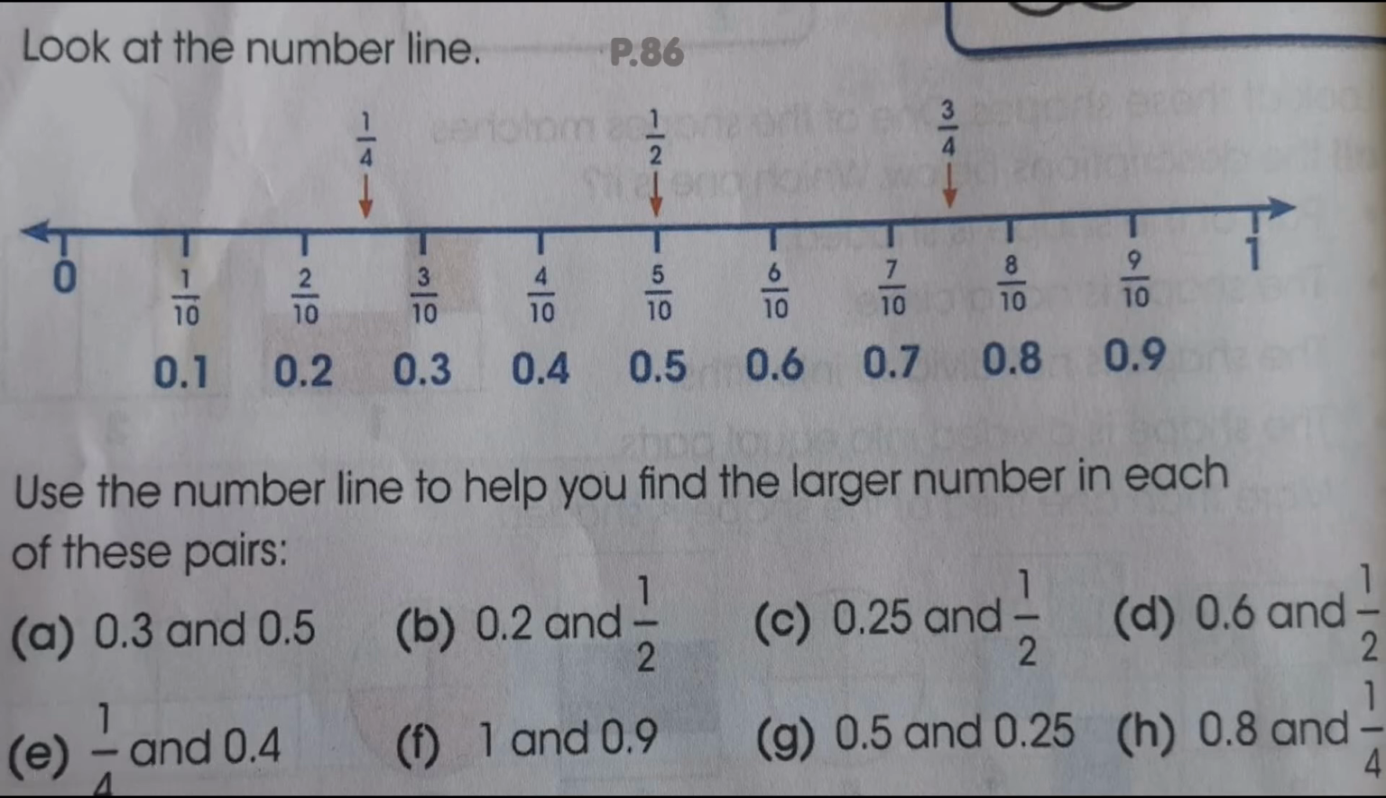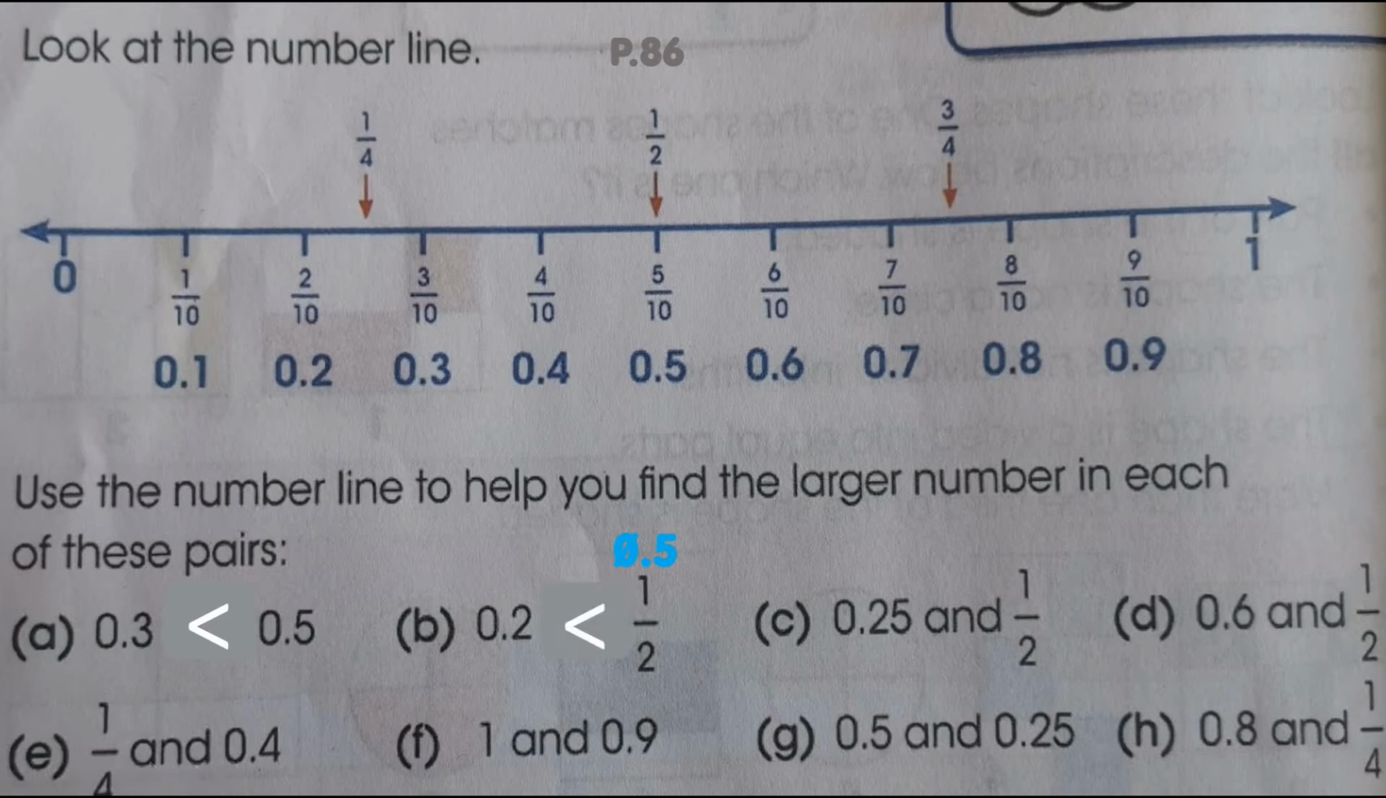Now, here we have 0.3 and 0.5. 0.3 is here and 0.5 is here, so the part gets bigger. So right now, the larger amount is 0.5. What about 0.2 and 1 out of 2? 1 out of 2 is exactly the same as 0.5, as we can see here. And 0.2 is here and 0.5 is here,